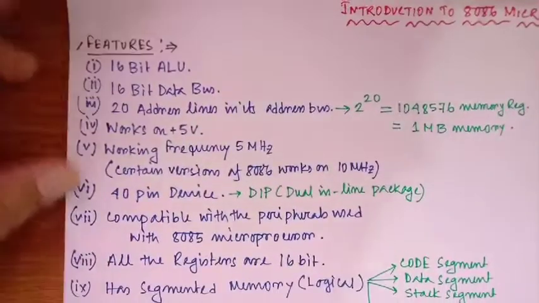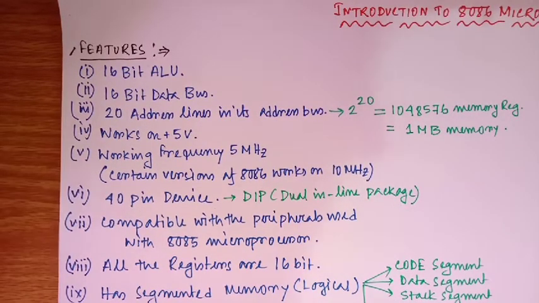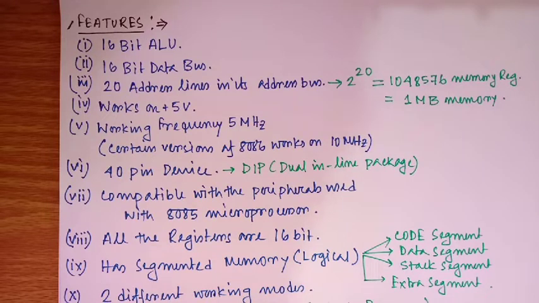Before going into details of this topic, we need to remember the basic features of the 8086 processor. Here I have written some of the features, and as we proceed into the topic, we will gradually discuss all of them one by one. The first thing to remember is that it has a 16-bit ALU. ALU is the arithmetic logic unit. The ALU is that element of the processor within which all the arithmetic, logical and manipulation operations are performed. ALU is the basic brain. We can understand it in this way.